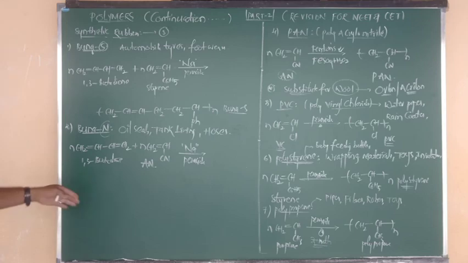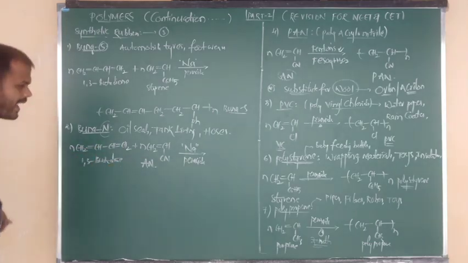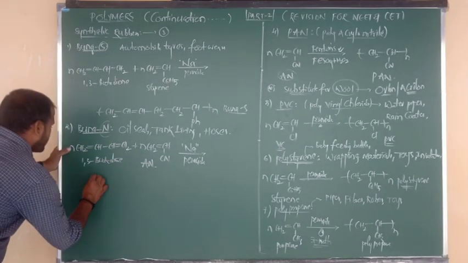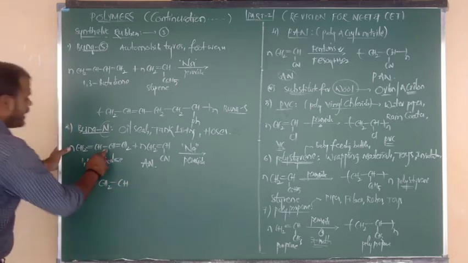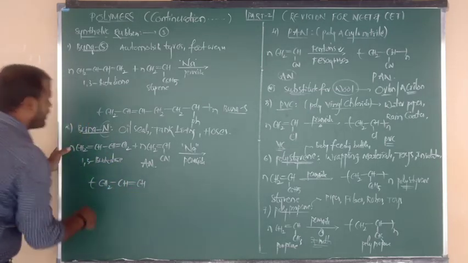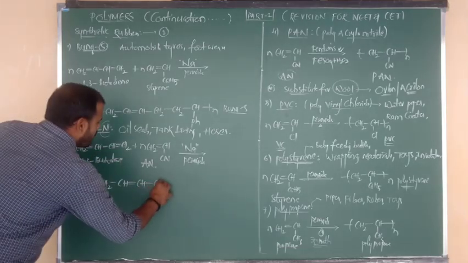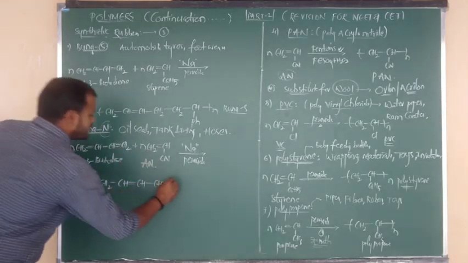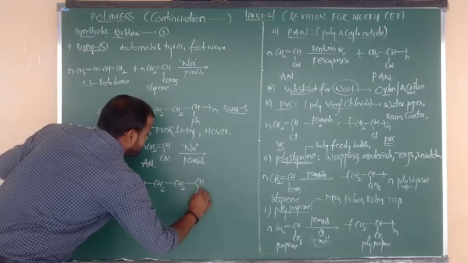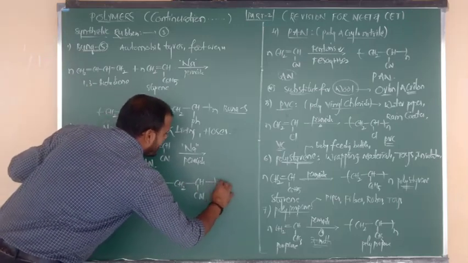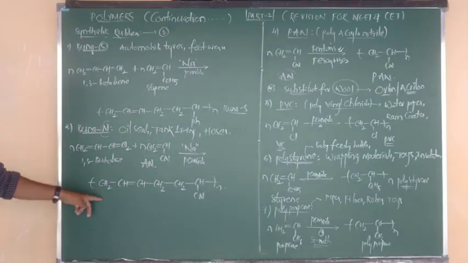Double becomes single, single becomes double. Club the two here, beta. So the product formula is CH2, the double bond becomes a single bond. Again here the single bond becomes what, beta? A double bond. Next, what do we write here, beta? Again CH2, connected to the next mole of CH2, again the double bond becomes a single bond. CH below the plane, what group is there? CN is there, again n.